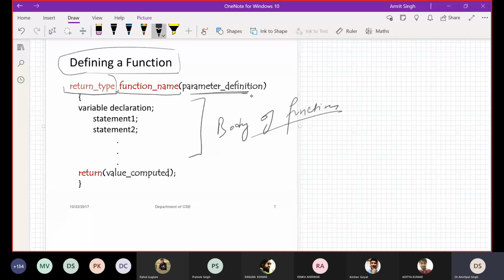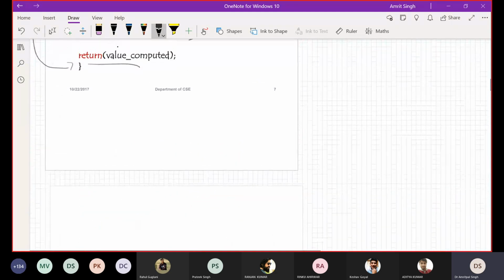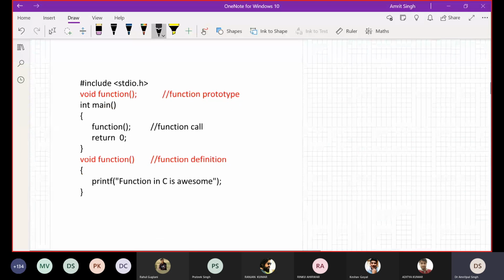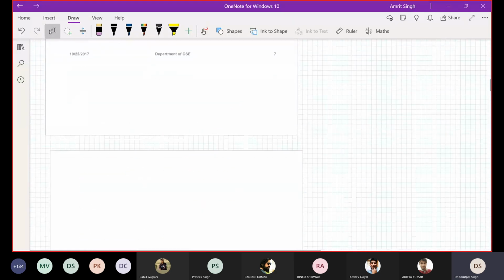Then based upon what you have written here, we have a correspondingly returned value computed. That is the very basic idea of functions. Done. So let's start. Let's say you want to write a program and you want to print your hello world.